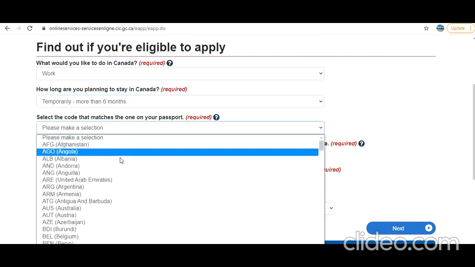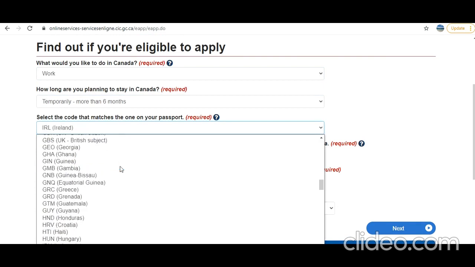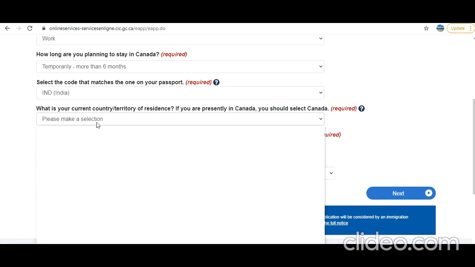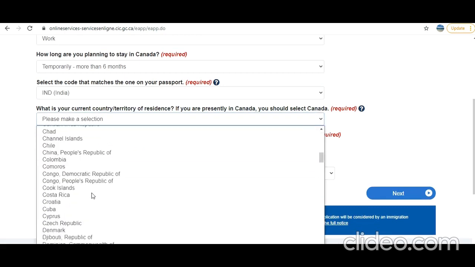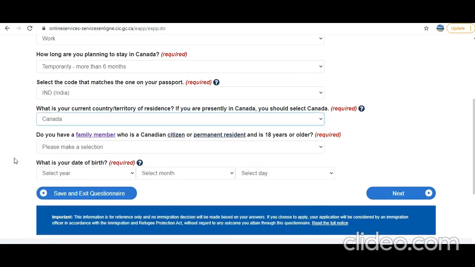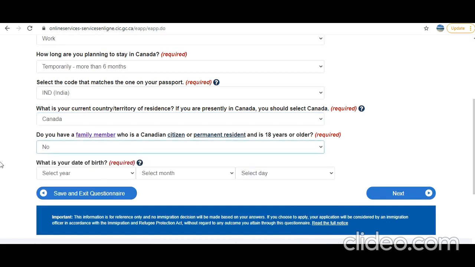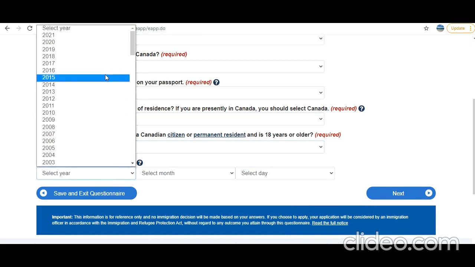Code that matches your passport. Let's say you are an Indian citizen. Current country or territory, you are in Canada. You have a family member who is a Canadian citizen or permanent resident. Let's say no. What is your date of birth? So let me make you 1995.